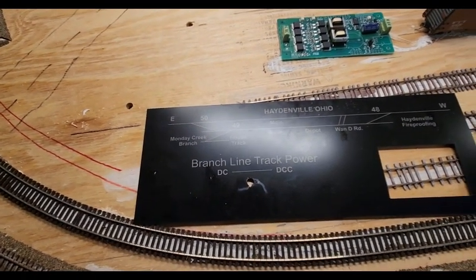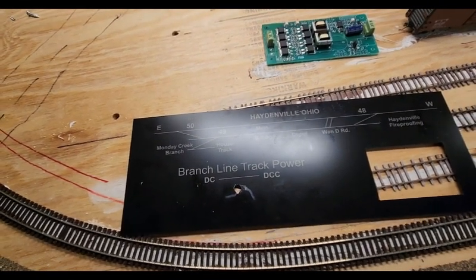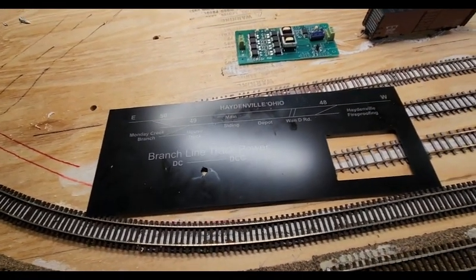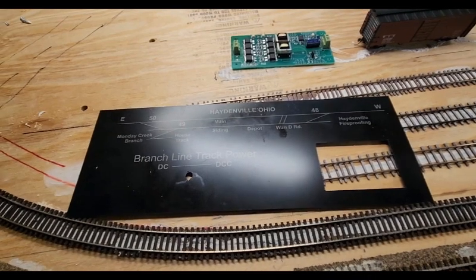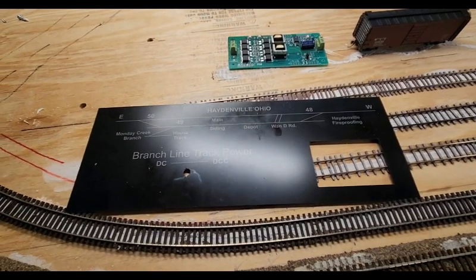And I do have a couple reasons for that. I actually have some analog engines. Some other people have analog engines. And I want a place to test analog engines before I convert them for myself or other people. And every once in a very rare blue moon, we might use the branch in analog mode during an operating session. So I do have contingencies planned,